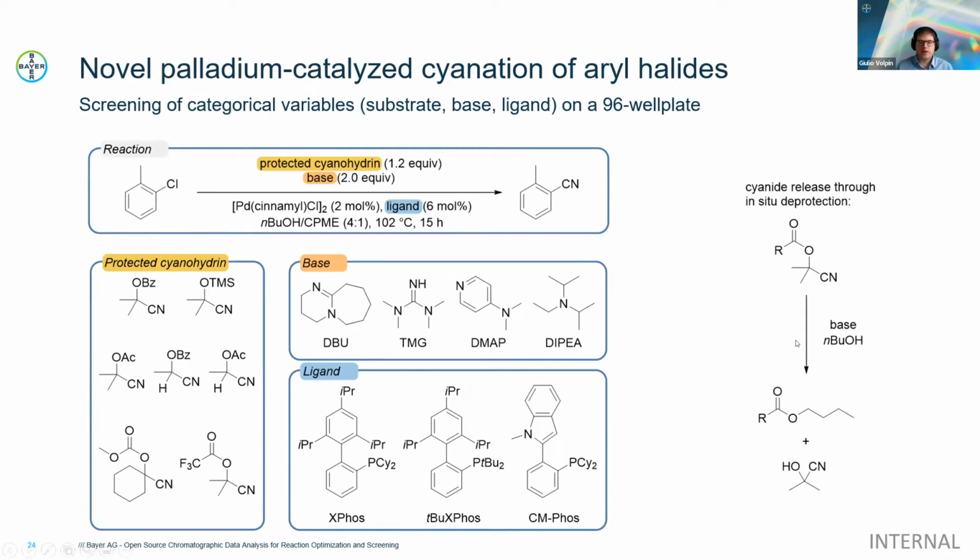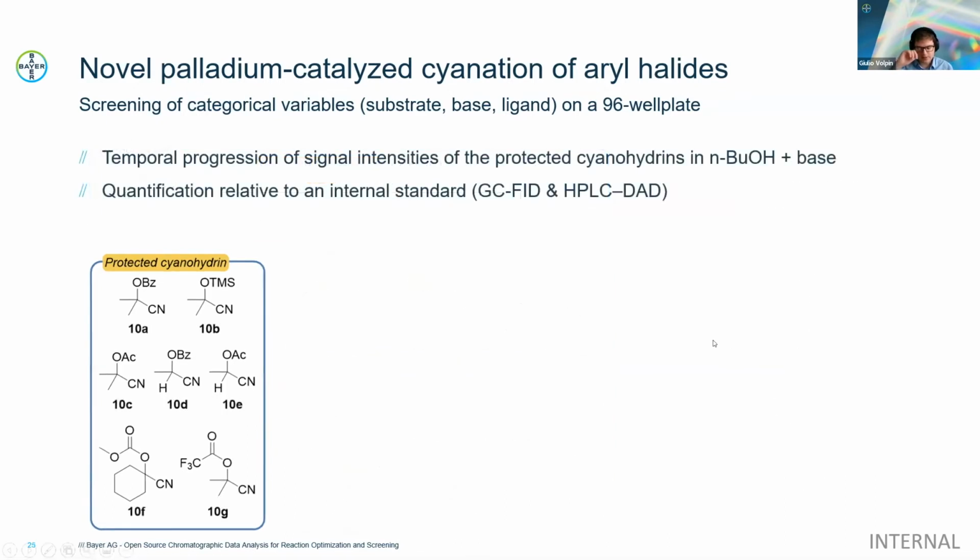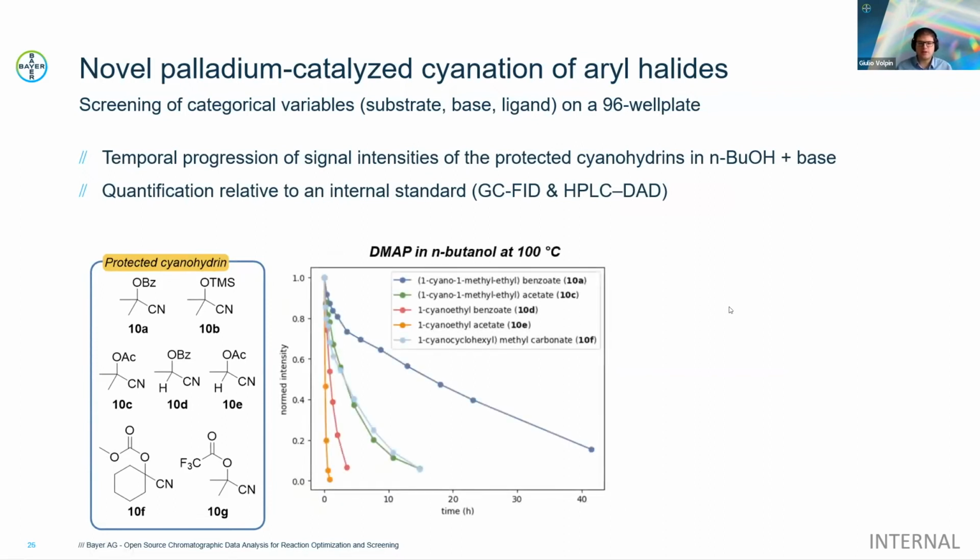We performed also some studies beforehand to assess the potential of these different cyanohydrins to actually survive the reaction conditions, because as you can imagine, different protecting groups may or may not be stable to the reaction conditions. And as you can see here, just a controlled experiment in which we mixed the DMAP, dimethylaminopyridine, and n-butanol at 100 degrees with the different cyanohydrins leads to markedly different decomposition rates and cyanide release rates,